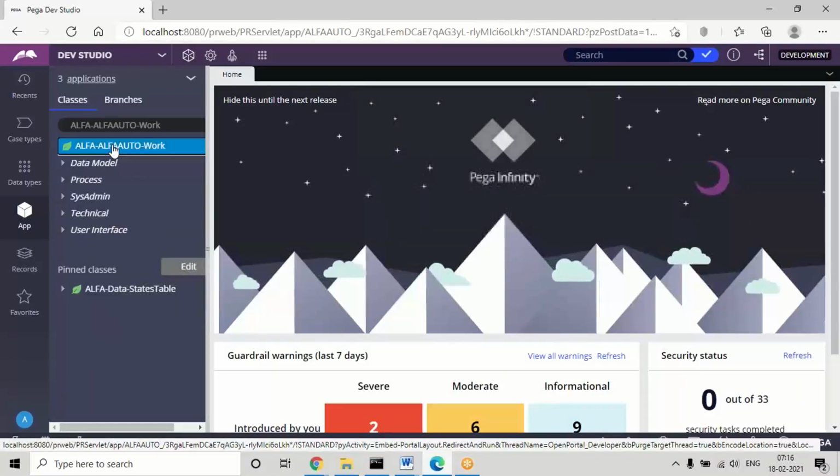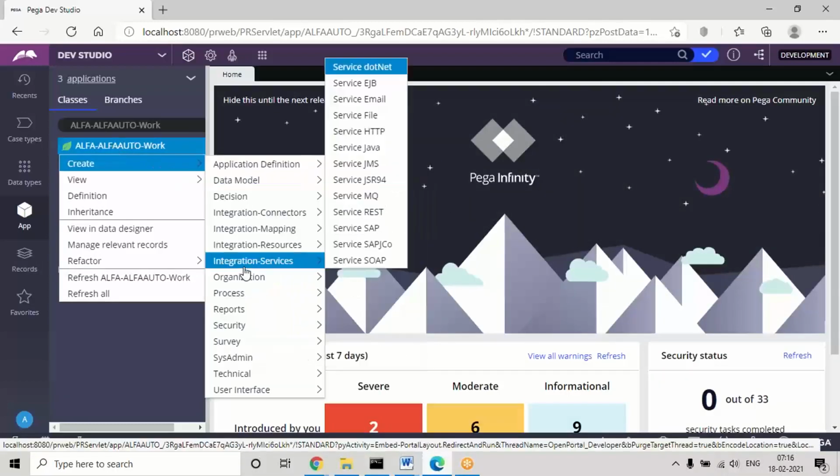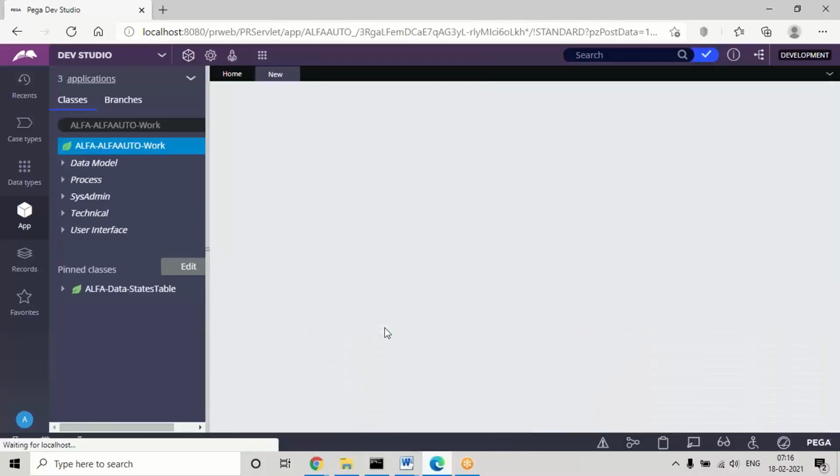So like that, wherever records are there, there we need to define this report definition. Right click on the class option, go to reports and then report definition.